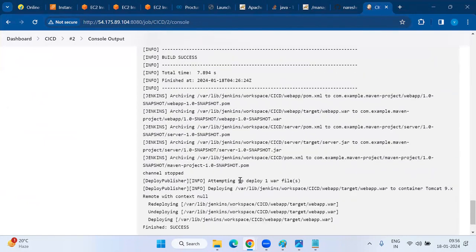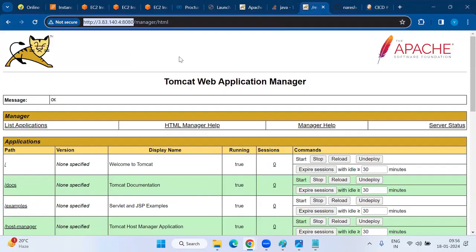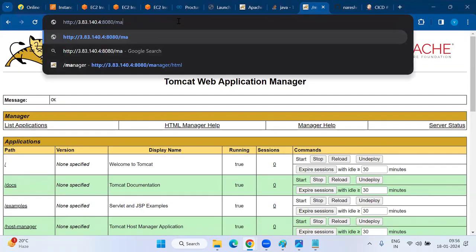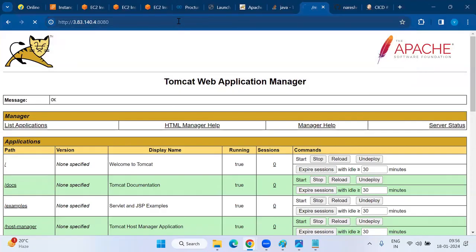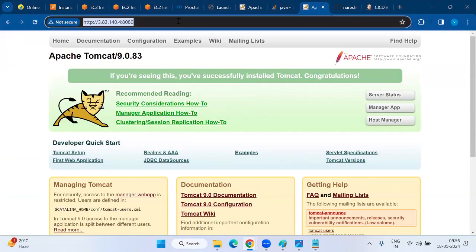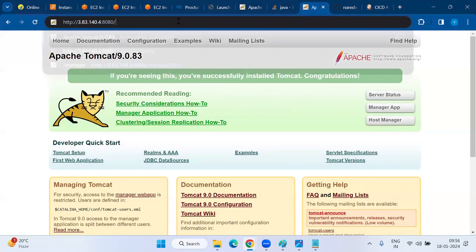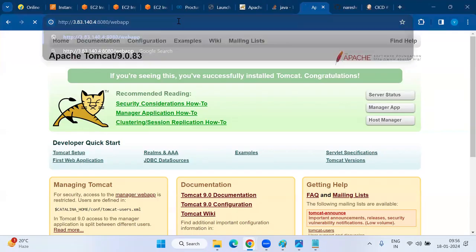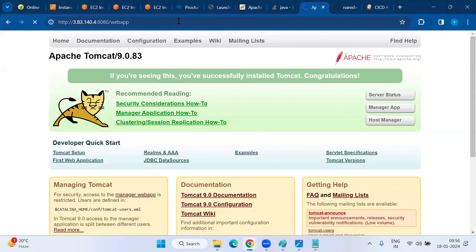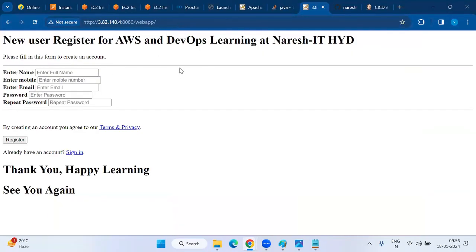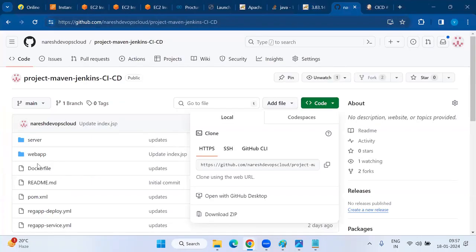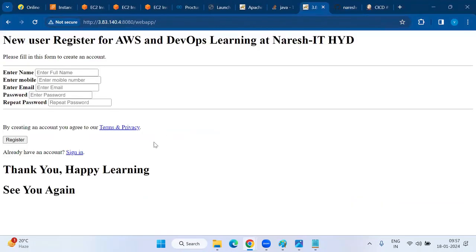Jenkins workspace here. Okay, let me access. This is for Tomcat. So my path is webapp. See, this is my application. So why webapp? This is my path inside the application. Okay, if you can go here in your